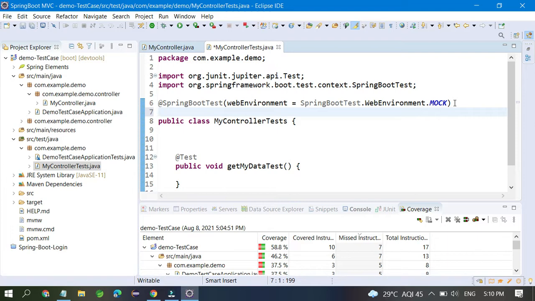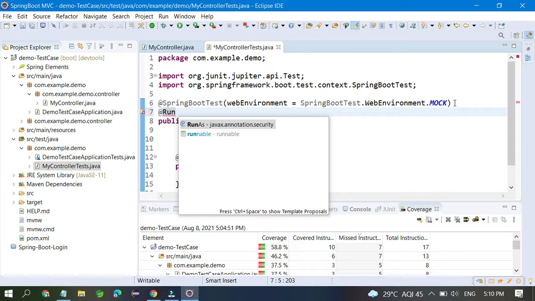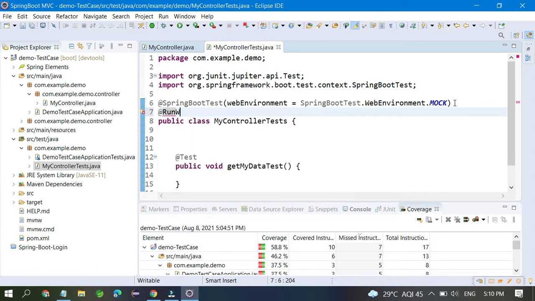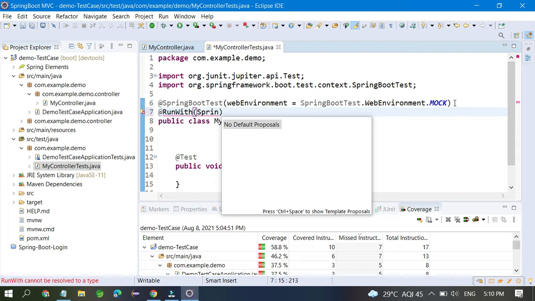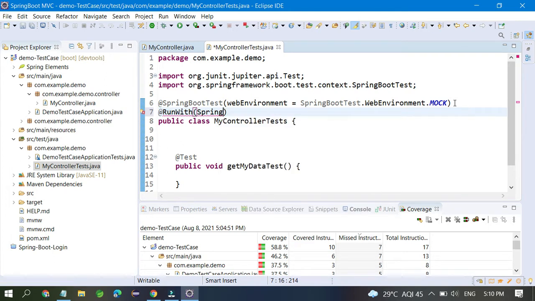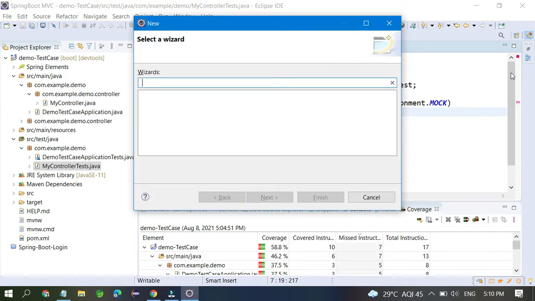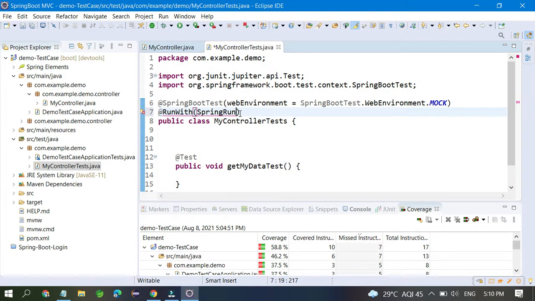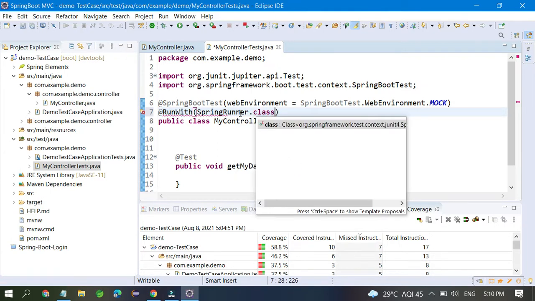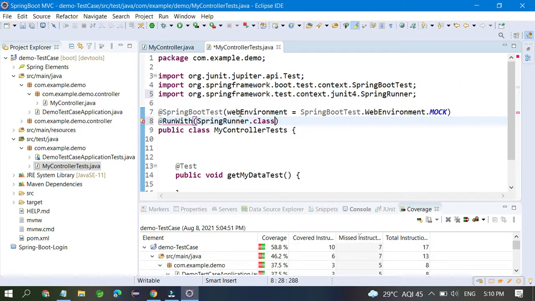So you have to write one more annotation, RunWith, SpringRunner.class. You can import it also.